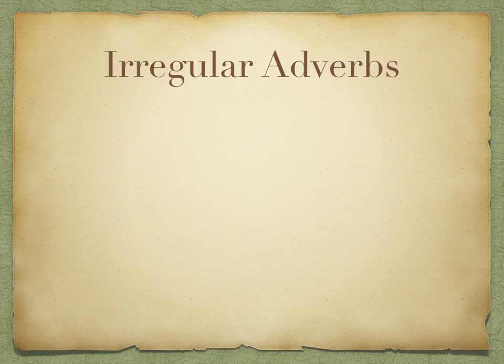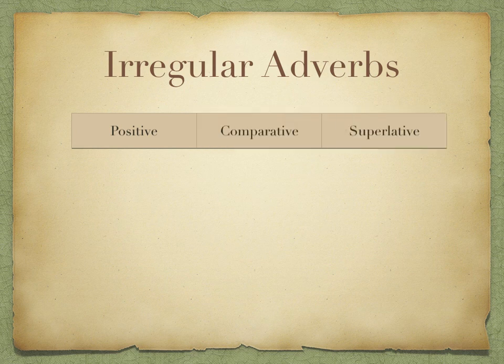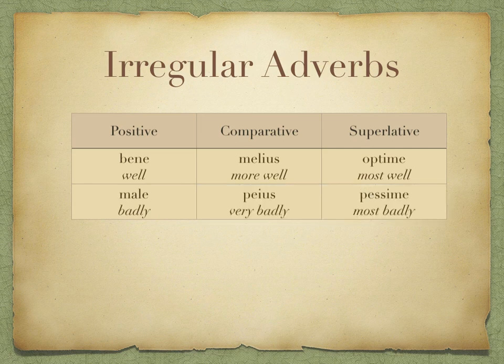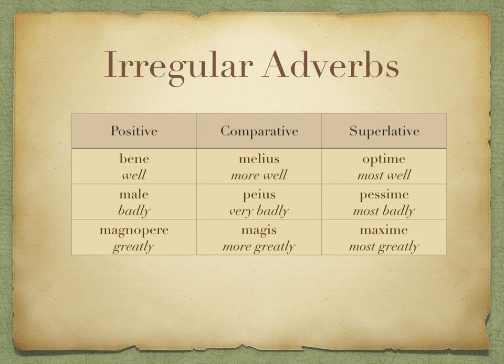Just like those irregular adjectives we met, they also have irregular adverbial forms. Again, looking at them in the positive, comparative, and superlative forms, and again these ones are often irregular in English as well. We've got bene for well, melius for more well or better, optime for best or most well, male badly, peos worse, pessime worst, magnopere for greatly, magis more greatly, maxime most greatly,